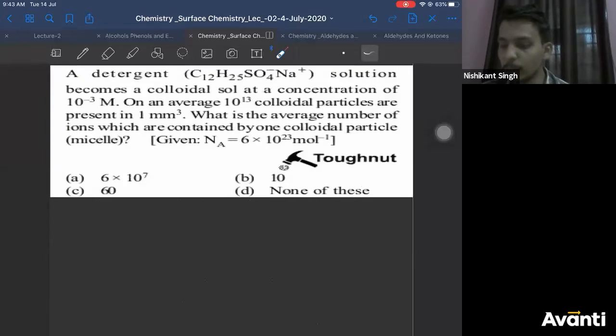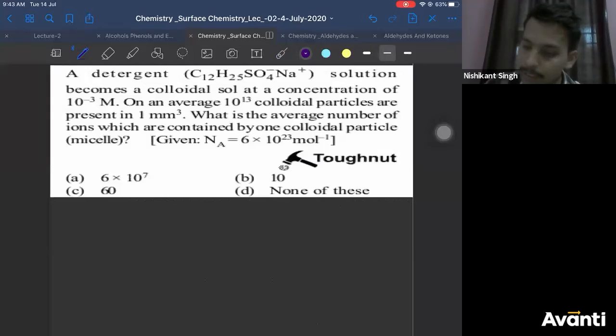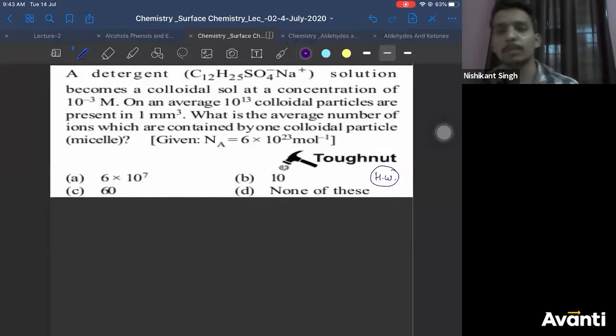So now there is one good question here. I'll give you this as homework. Tomorrow I'll discuss its solution. You try it out. We'll discuss its solution in tomorrow's class. It's a good one. If you know the mole concept, you can answer it very easily. It will just check your mole concept knowledge. That's all. Right? So you can take it as homework. It's not that tough. It just requires mole concept to solve.